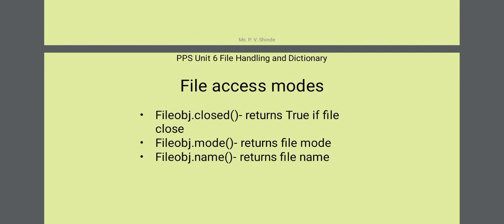Next one, by using objects also we can access a file, means only using objects can files be accessed. Without a file object or without a file pointer we cannot access a single file. So these are also simply the attributes. file obj.closed will return true if the file is closed. file obj.mode will return in which mode the file is open. file obj.name will return the name of the file. So a file pointer is nothing but a file object. The file pointer points to the first character of the file.